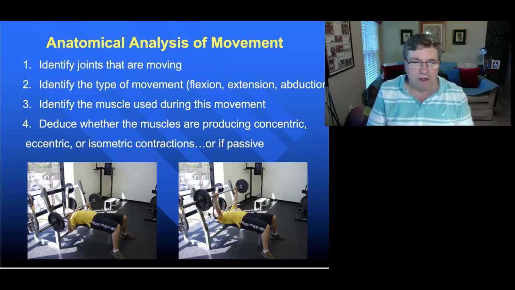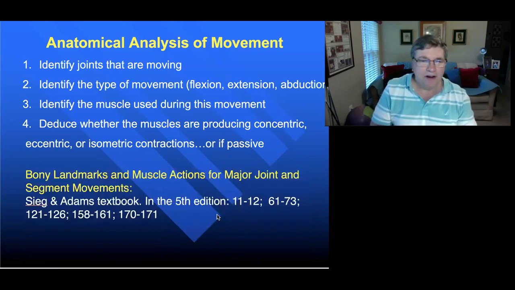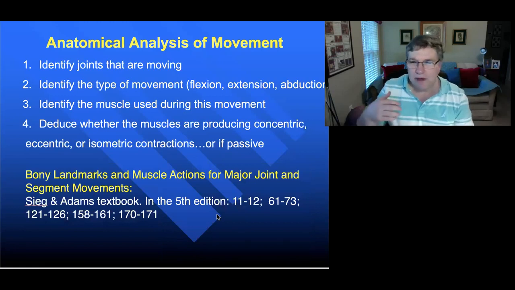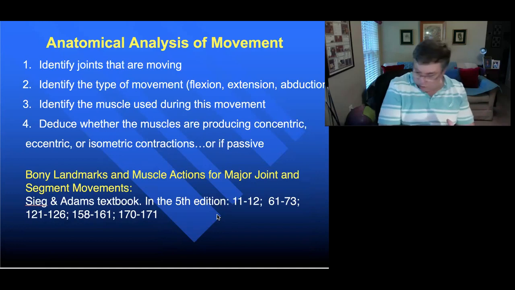For the elbow, this one's a little bit more straightforward. We've got elbow extension. That means the triceps brachii are the main agonist muscles there. So as you go through this anatomical analysis of movement in your first laboratory, you're going to get a chance to be able to integrate this material that includes,